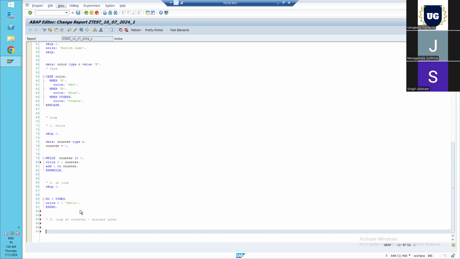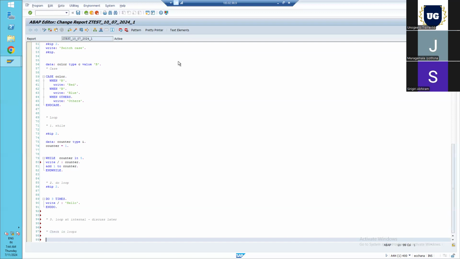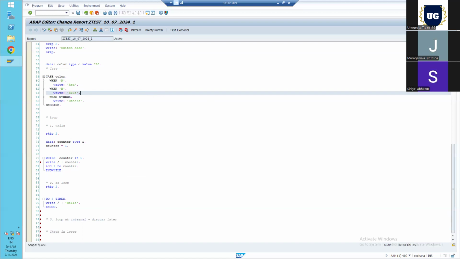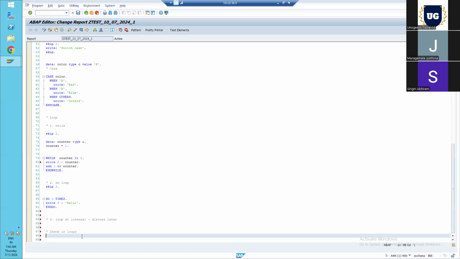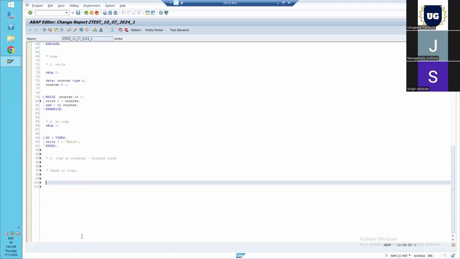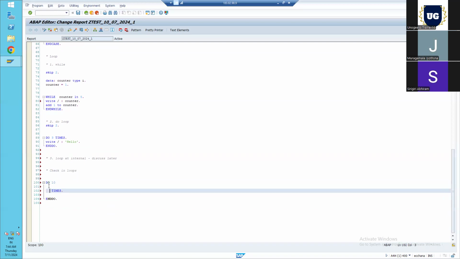Okay. So now we'll check with some of the check statements, what we use in a loop statement, whether it's while, do while, or loop statement. So we will write a check here. Let's take the example of a do loop here. So we are writing do 10 times and we will write